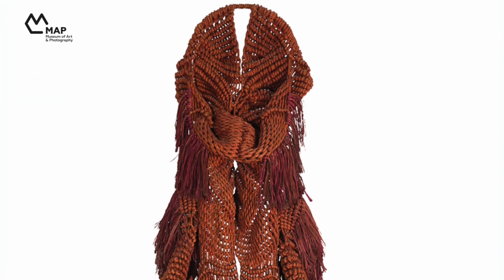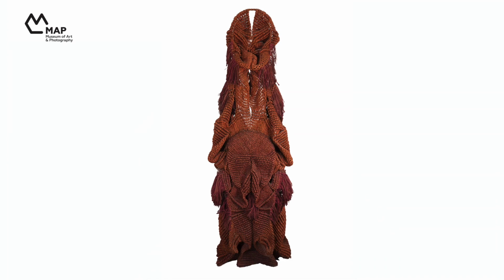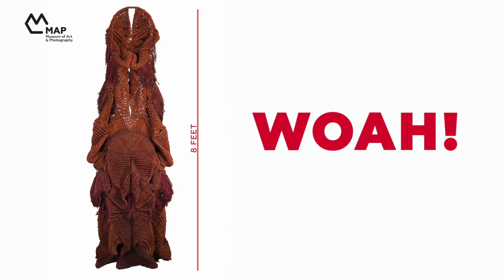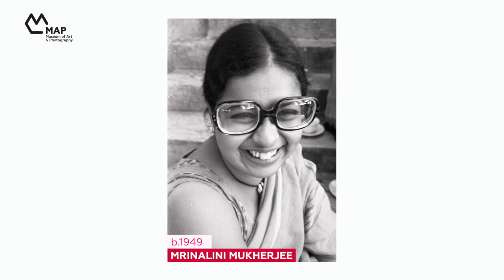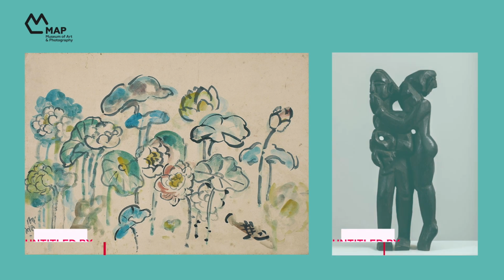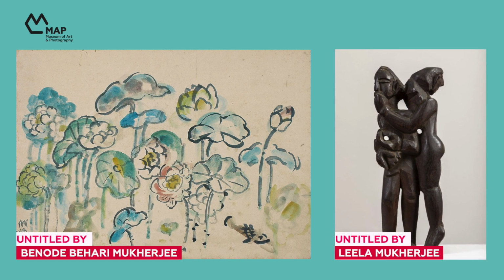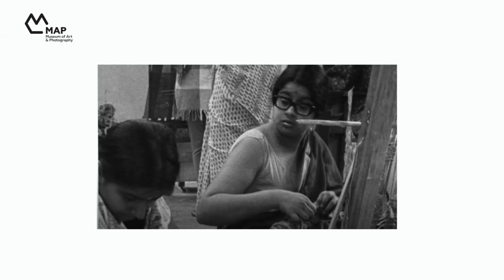This is actually a very zoomed in detail of an artwork from the Mac collection. It is an 8 feet tall sculpture made of hemp, which is the same material that is used to make gunny bags or ropes. And all of it is handmade by the artist Mrinalini Mukherjee. Pretty cool, right? Mukherjee was exposed to art from early on, thanks to her artist parents Binod Bihari and Leela Mukherjee. But the route that she took in her career was entirely different from them, leading to the development of